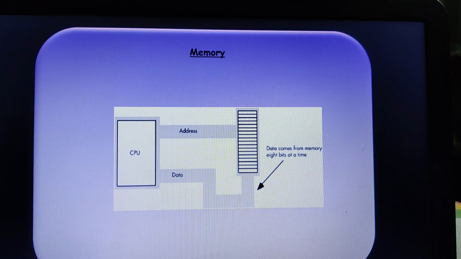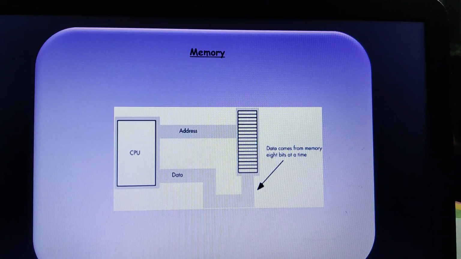Again, a very important question appearing from your exam point of view is: what is the system bus, and explain the different types of system bus. In this, you have to write the system bus definition, plus you have to explain the data bus, address bus and control bus. You may not be able to make out what content should be written for this question, that is the reason I am repeating it. It is a very important question. What is the system bus, and explain the different types of system bus.